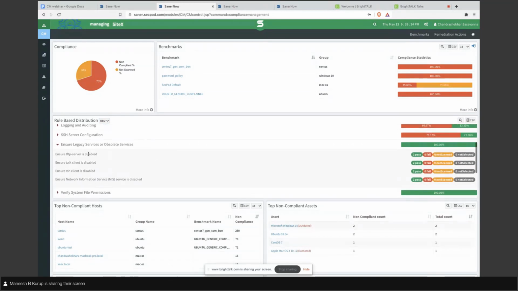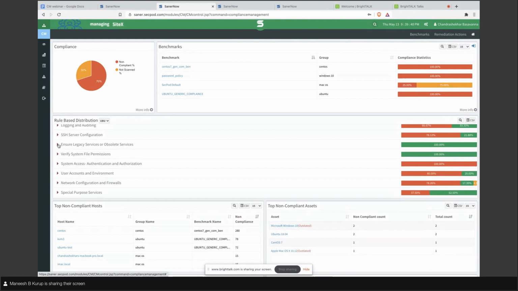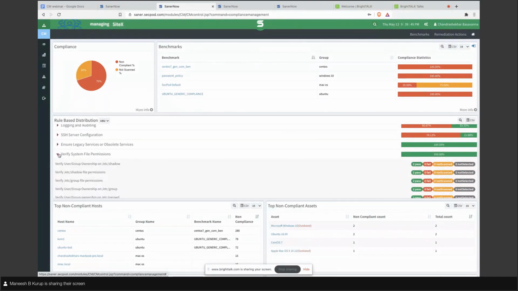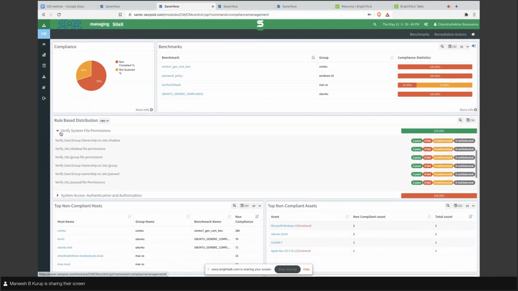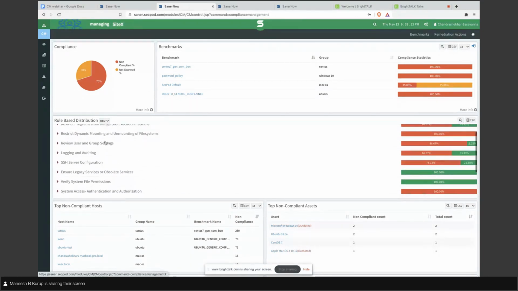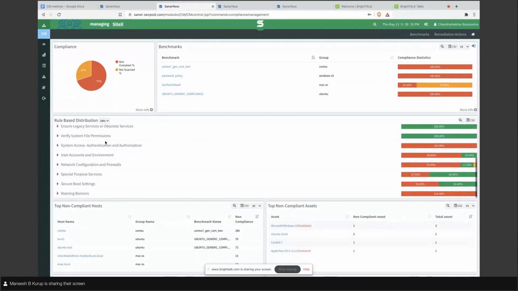There are four settings here, and all four settings are passed in two devices which are applicable. Same case with this template also. There are more rules here, sorry, 6 rules here, and that is also totally compliant. So this is a detailed view of the same benchmark.